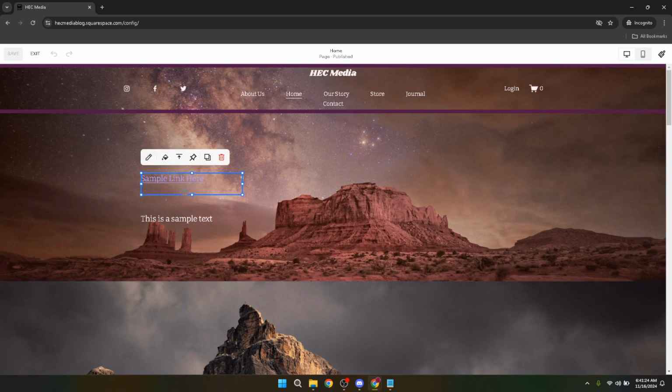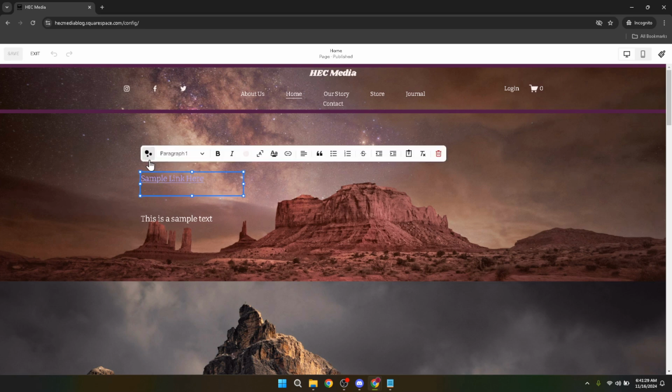This action will reveal options pertinent to the editing of that text block. Following that, click on the edit icon. It's usually represented by a small pen or pencil symbol near the text block. Clicking this will open the text editing options, giving you more control over the content and, importantly, the links embedded